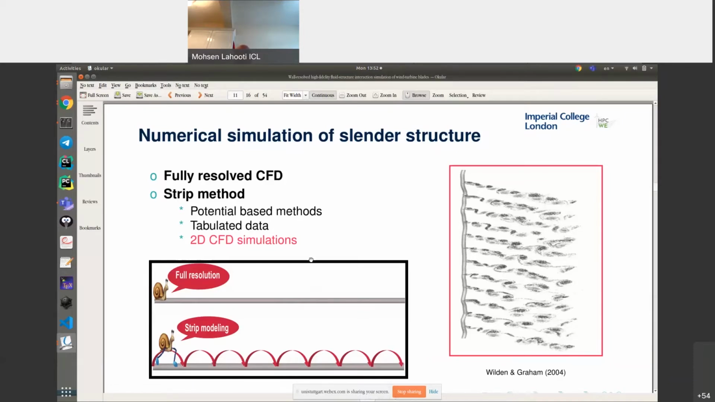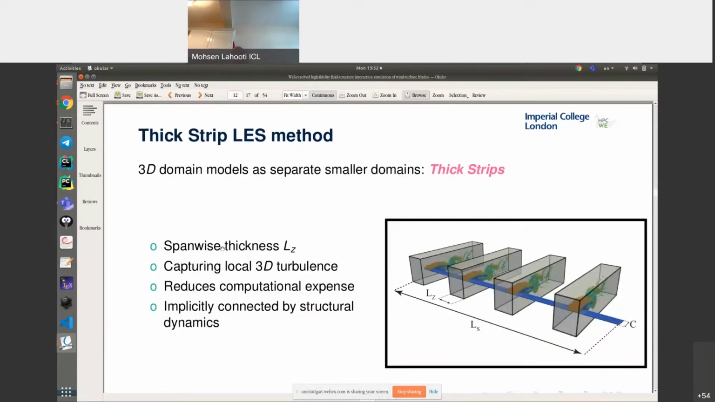Various approaches have been used over the years, and more recently 2D CFD simulations to increase the fidelity. But using the 2D approach, we will not be able to capture the three-dimensionality of the turbulent flow. Therefore, in my approach, we are adapting the thick strip approach, where we represent